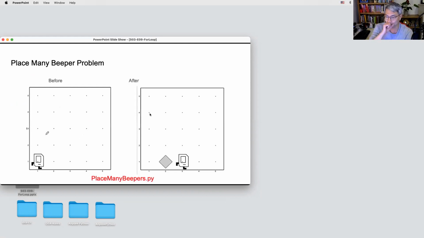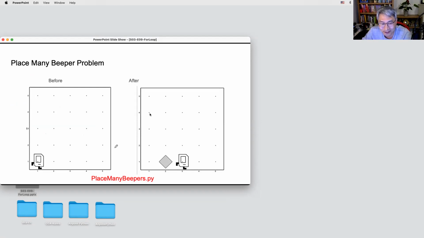Okay, then today we are going to see the for loop. Before we start the for loop, we actually learned how to use the for loop with Karel. Does anyone remember this problem, place many beepers?